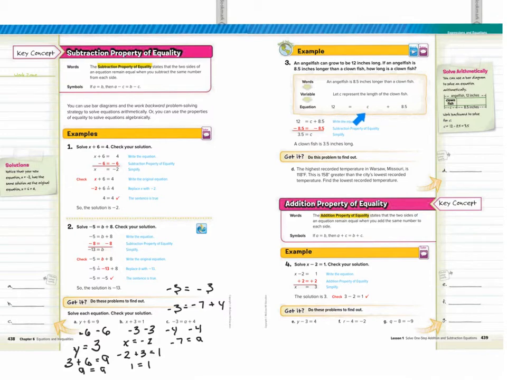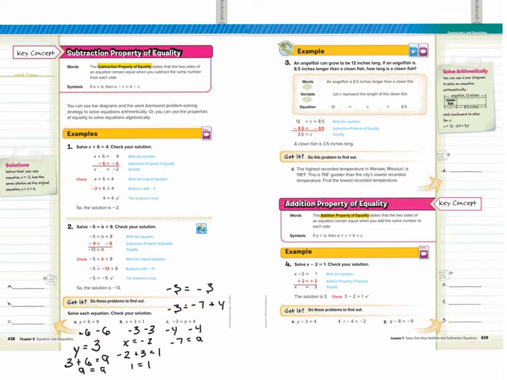So we've put all that information together into an algebraic equation, and using our subtraction property or inverse operations, we can easily answer how long is the clownfish. We're going to subtract 8.5 on both sides of that equal sign, and that gives us an answer of 3.5. So the clownfish is 3.5 inches long. Let's do a